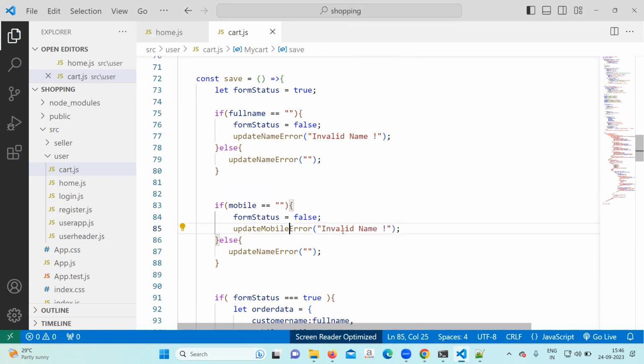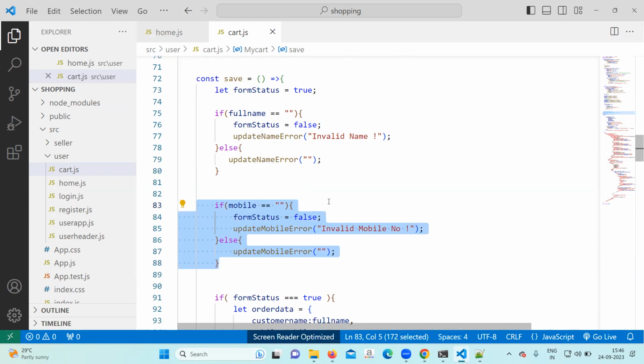Update mobile error: invalid mobile number. Or make it empty. For the mobile number, we have to write some pattern, alphanumeric. It should not take empty, it should not take, you can say,